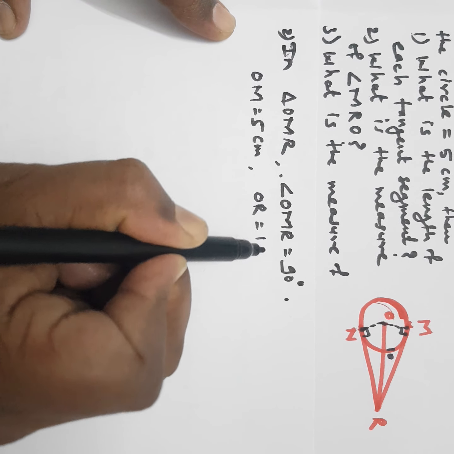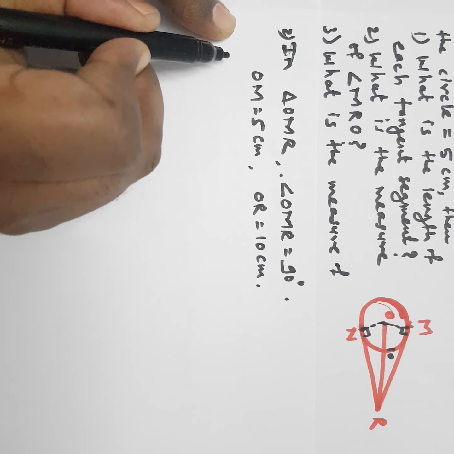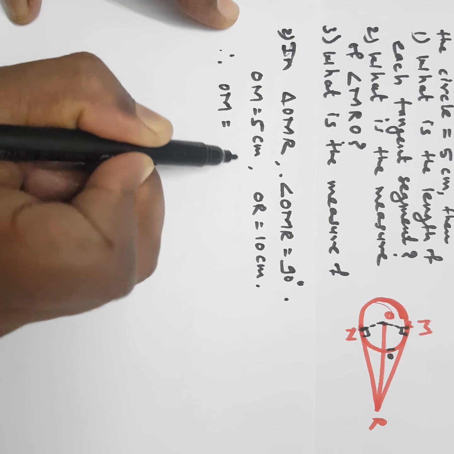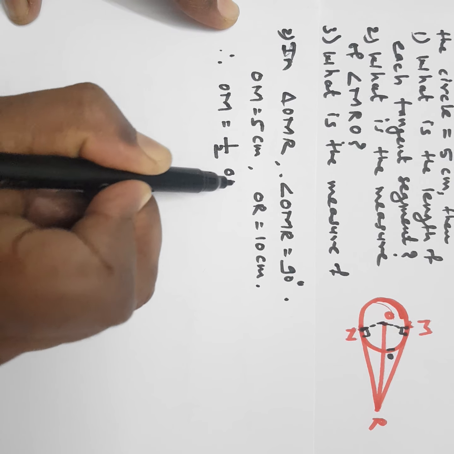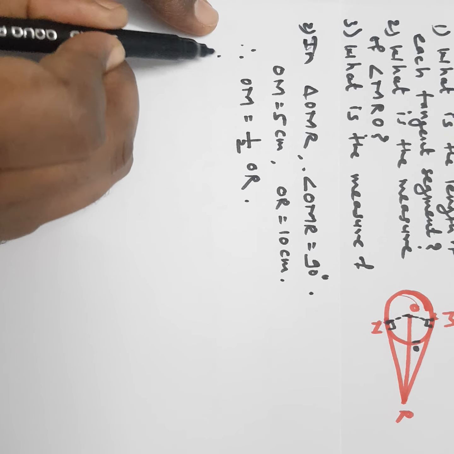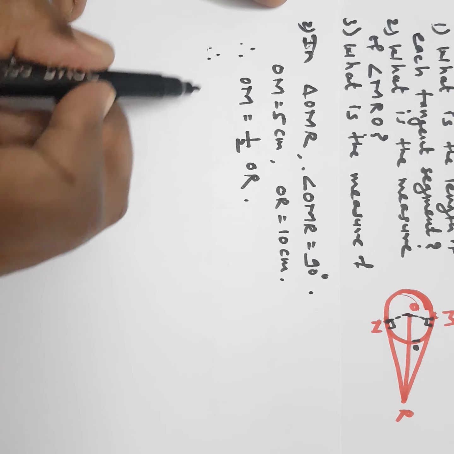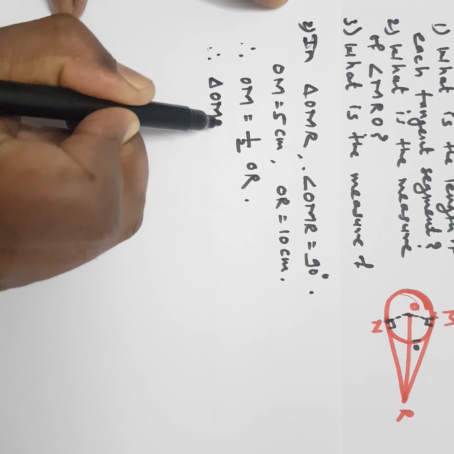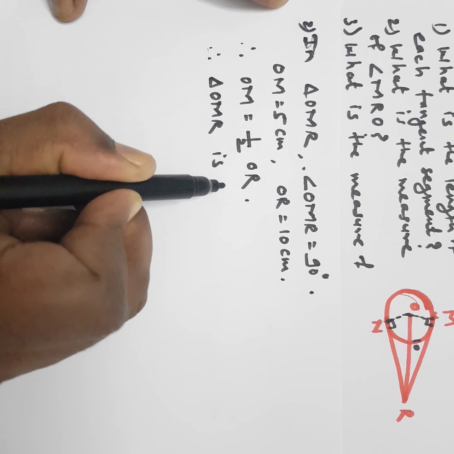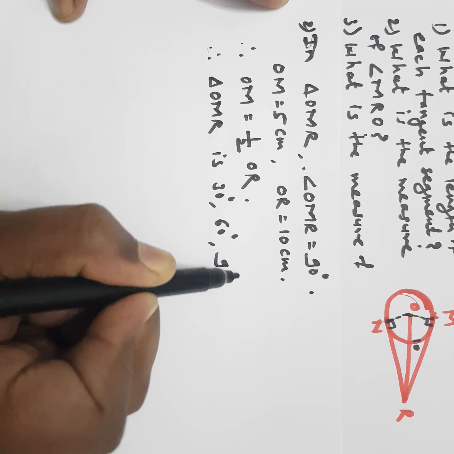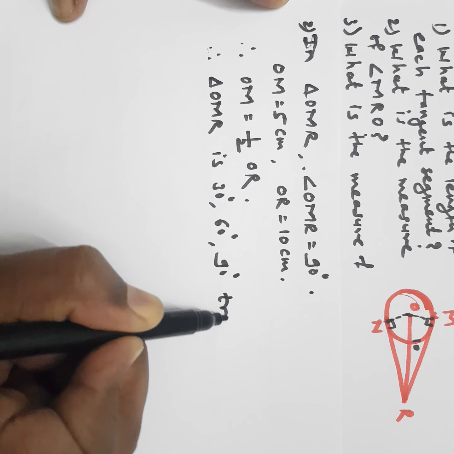OR is equal to 10 centimeter. Therefore, OM is equal to 1/2 OR. Therefore, triangle OMR is a 30 degree, 60 degree, 90 degree triangle,